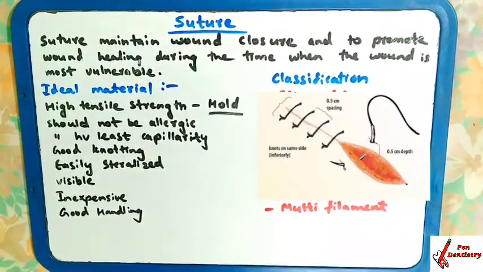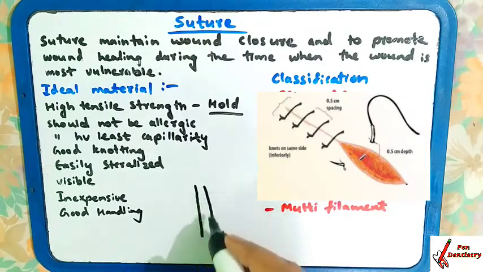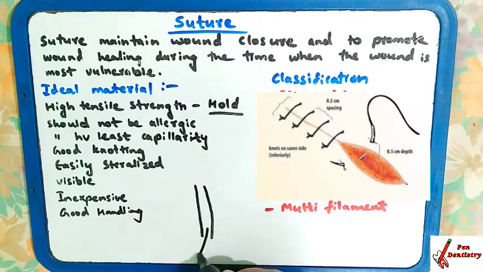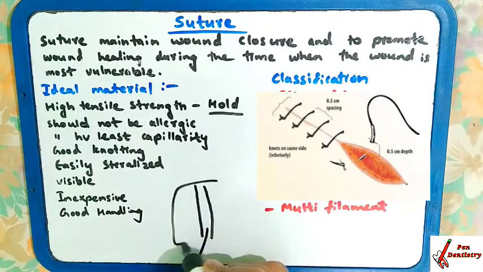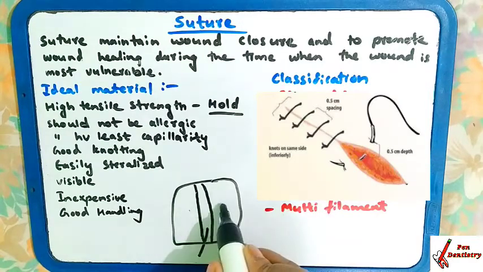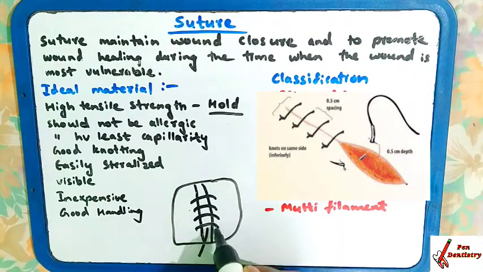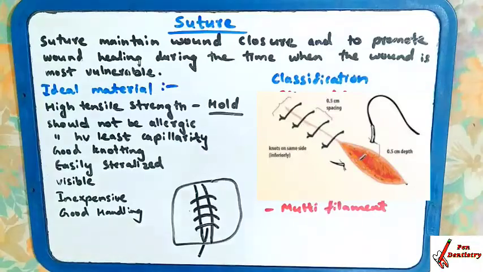Start with the suture. Why do we use suture? Suture is a material which we use when the surgery has taken place and you have made an incision. You have cut this area. For joining the two tissues, you need a thread-like material that is known as suture. The material which is used for joining the two tissues during surgical performance, that is suture.